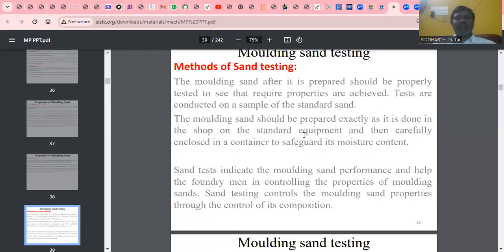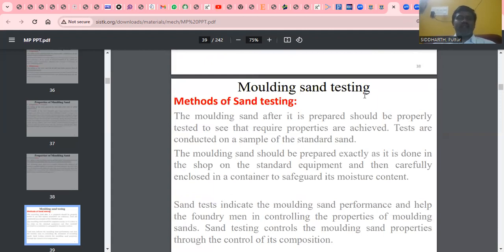And now coming to the mold sand testing. After preparing the mold, we should test the